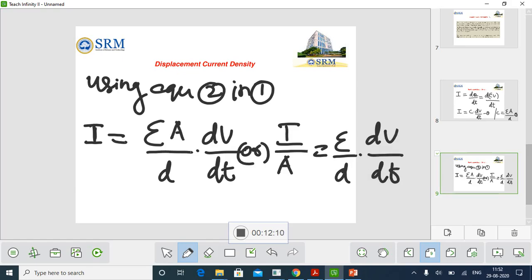We know the value of I by A is nothing but current density. So instead of I by A, we can write J. In order to differentiate from the previous case, now I by A will be represented as J2. Rearranging this equation, J2 will be equal to epsilon into